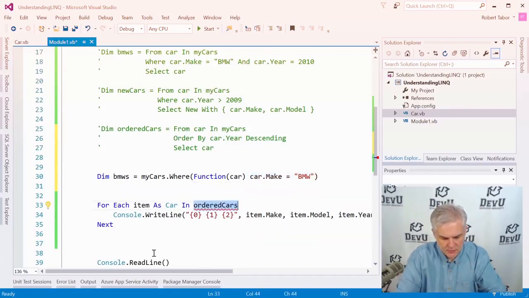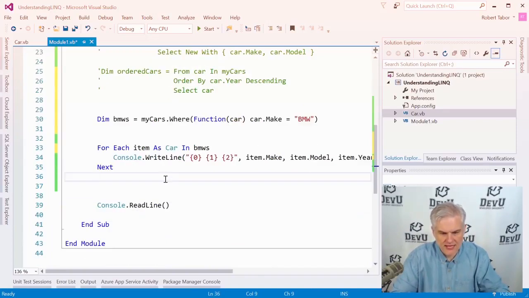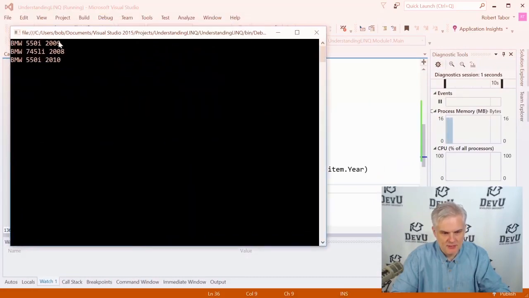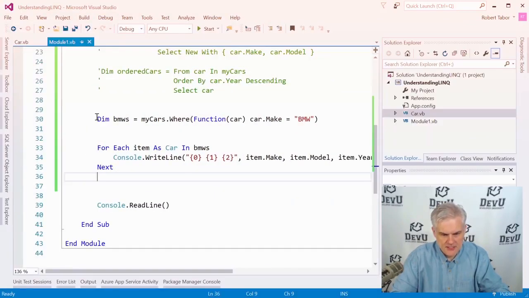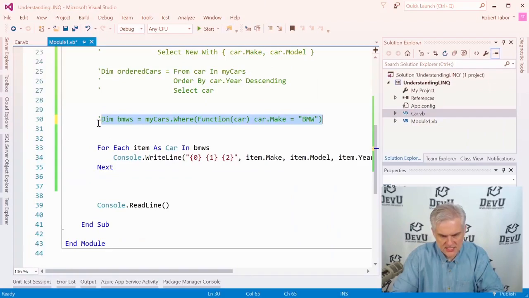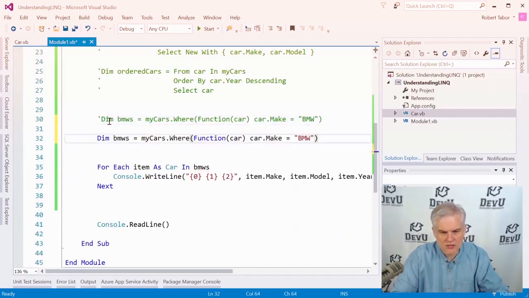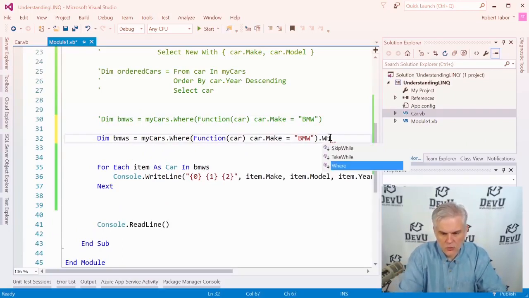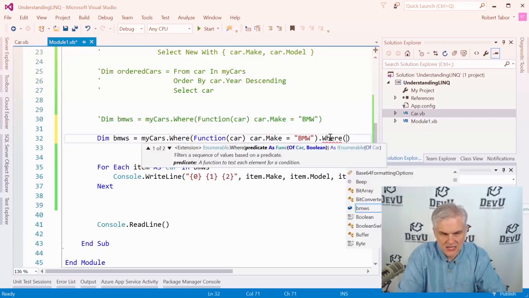All right, and then at that point, we'll be able to iterate through and look at each of the cars inside of that collection that we're getting back from the where clause. So we're in the application, and we get back all BMWs. All right. So what if I wanted to extend this and say, not only do I want you to give me back all BMWs, but also all BMWs, and we'll do the same sort of thing, where, so I'm just chaining on another method, another where clause here, and I'm going to pass in another little lambda expression, another little